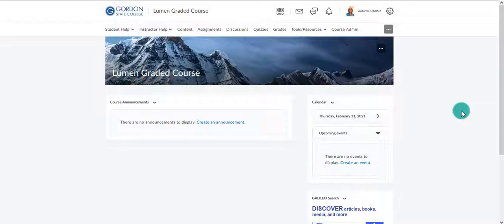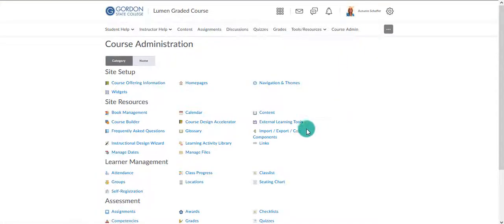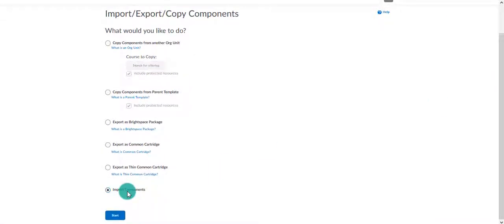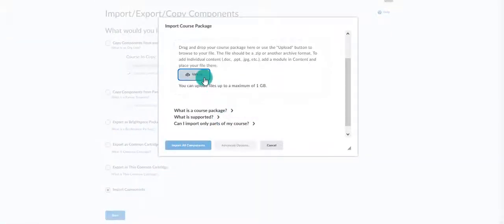So we're going to go into the D2L class. We're going to go to Course Admin, Import Export Copy Components, and then we're going to scroll down and import components and start, and then you'll be able to upload and